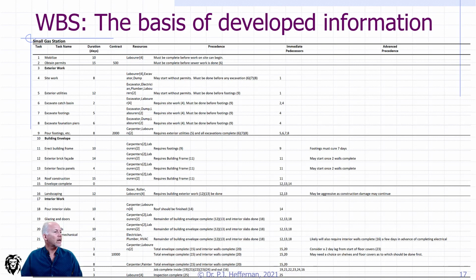So if we look at any one, let's say exterior utilities, it's got a duration of 12 days, and it identifies the resources it needs to do it in 12 days. Clearly they've made a decision: we're going to use these resources, and based on these resources, it's going to take that long. If we change the resources, we're going to change the duration. If we need a different duration, maybe we can achieve it by changing the resources. So this has to be a flexible, moldable first step.